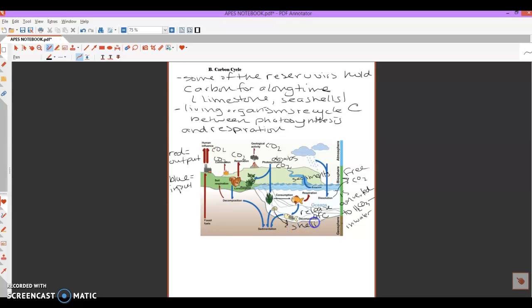So, shellfish use the H2CO3 to make shells. All right? Now,